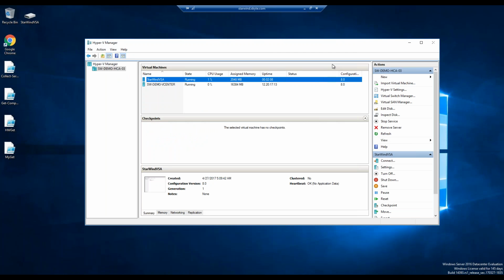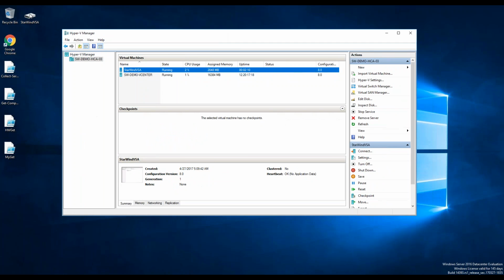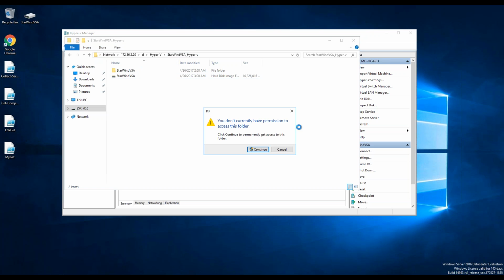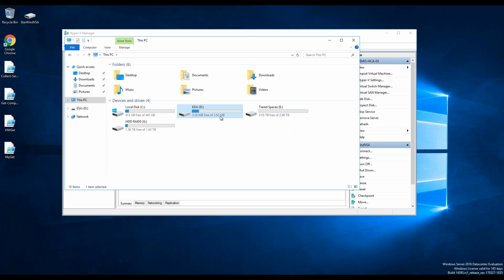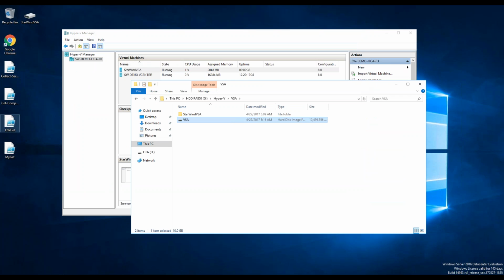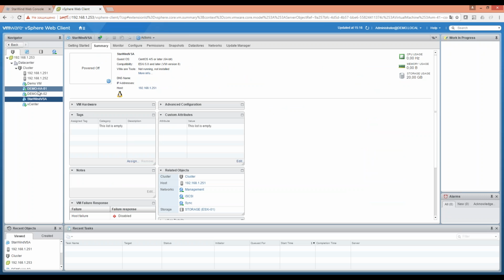Just let me take a look why it could happen due to some. Oh no, we don't want to do it over here. Over here we have our virtual storage appliance. So our virtual disk. Okay, let me just go back over here, and while we're waiting for it to